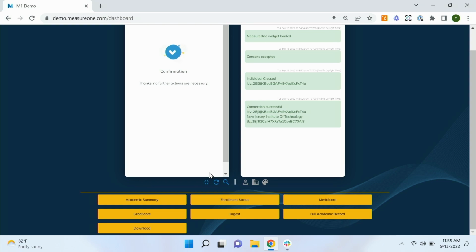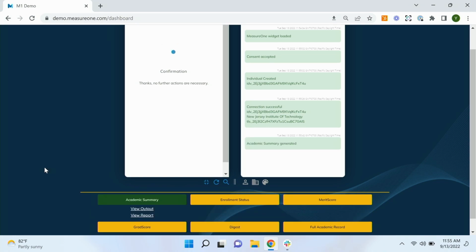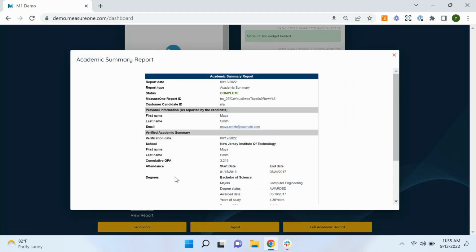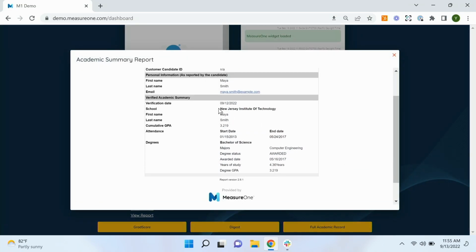This is down to terms, courses, credit hours, grades, you name it. I'll open up a quick summary of information. You can see here, New Jersey Institute of Technology, grade, attendance dates, degrees, the degree was earned, and so forth.